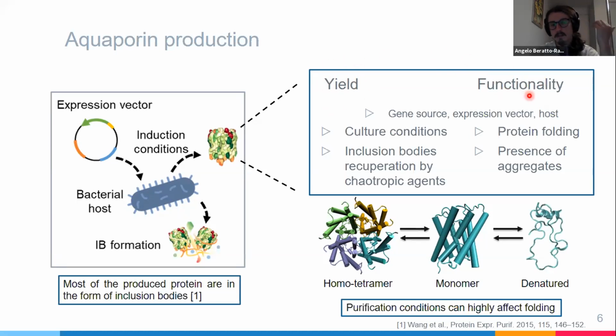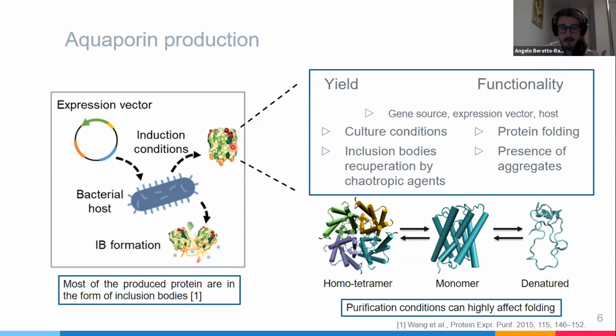Functionality is directly dependent on the folding of the protein structure. This is naturally found as a homotetramer, which is formed by 4 independent channels, which tend to associate. When the channels get denatured, they lose their structure and the functionality is lost. Also, as an important part of the external domains of the protein are highly hydrophobic, we need to solubilize and extract them by the use of detergents.